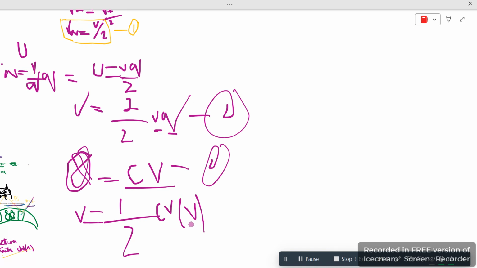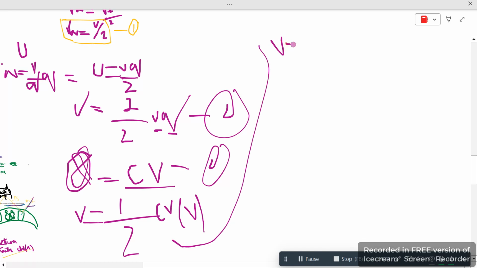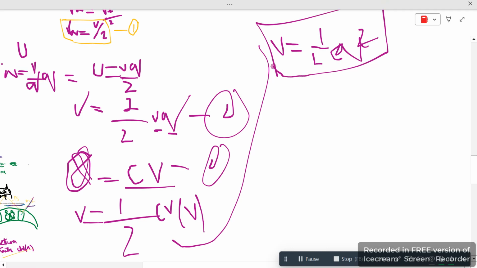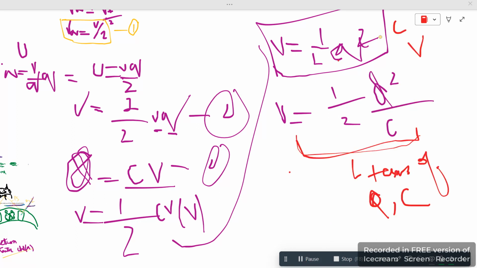Okay, then what would be another step? If we have the 2V, you can also multiply them. So U is equal to 1 upon 2 CV square, and this is the equation we got in terms of capacitor and voltage, where whenever you get the capacitor and voltage to find the charge, and this is in terms of capacitor and voltage. And we have the second equation, which is 1 upon 2. Wait, let me just, so the upper equation when you get capacitor and the volt, and downward if you don't get the charge and